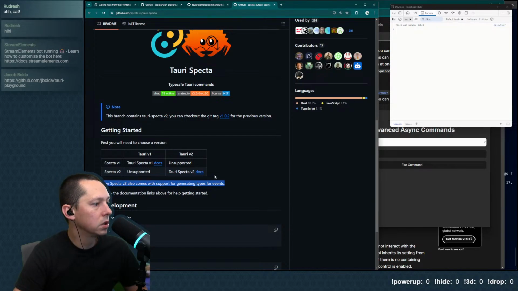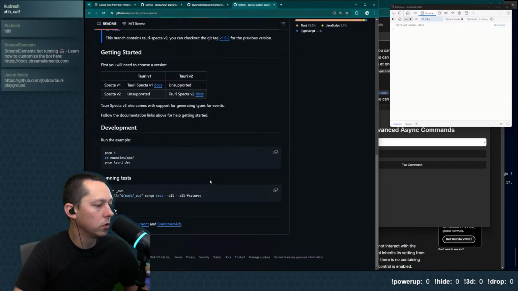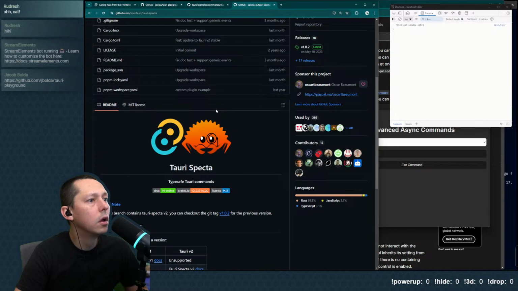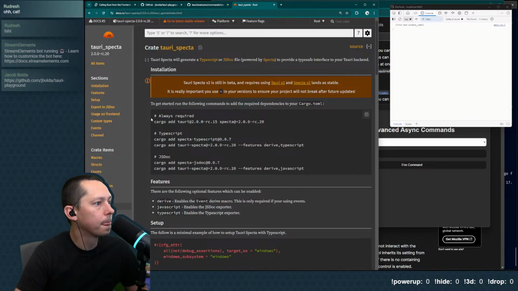So this handles doing the events. Here, type safe Tauri commands. I'm curious how much of this is all wired up.